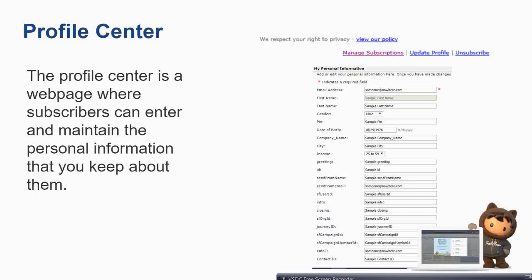For that there is a custom profile center, and we can design that as well using AmpScript and SSJS. But Salesforce provides an out of the box profile center, which could as well be used, and generally most often this is used. Okay, so now let's go to the next slide.